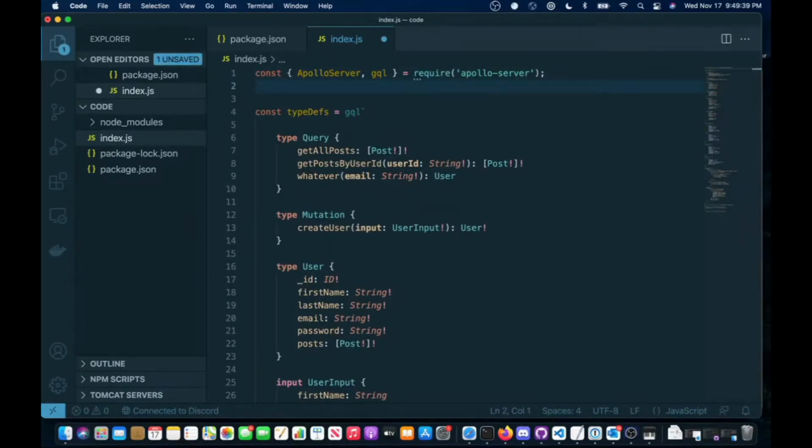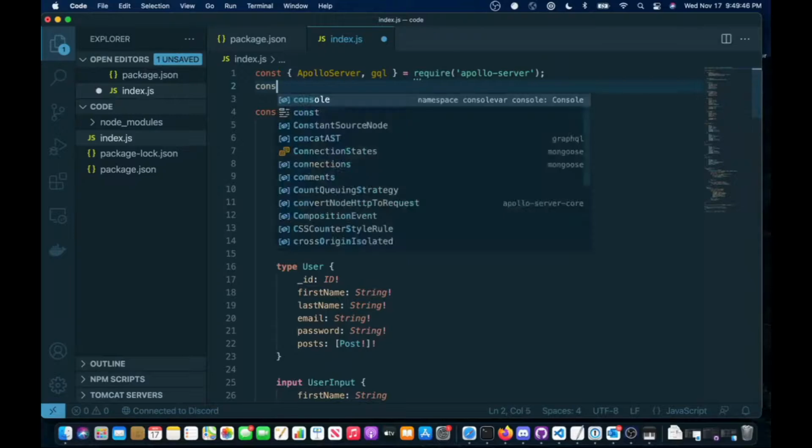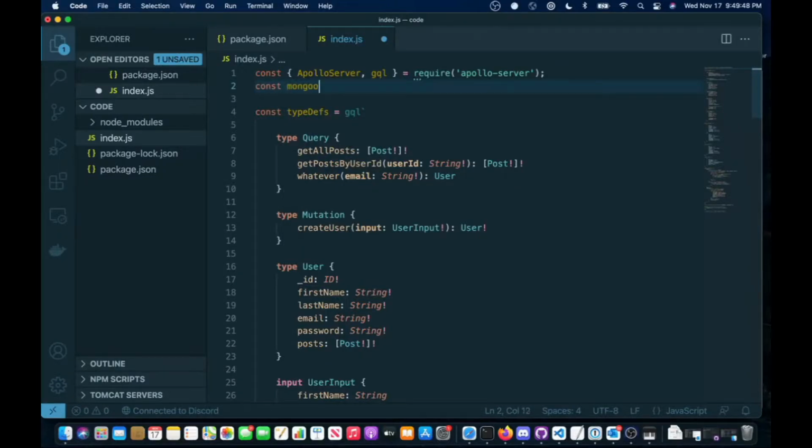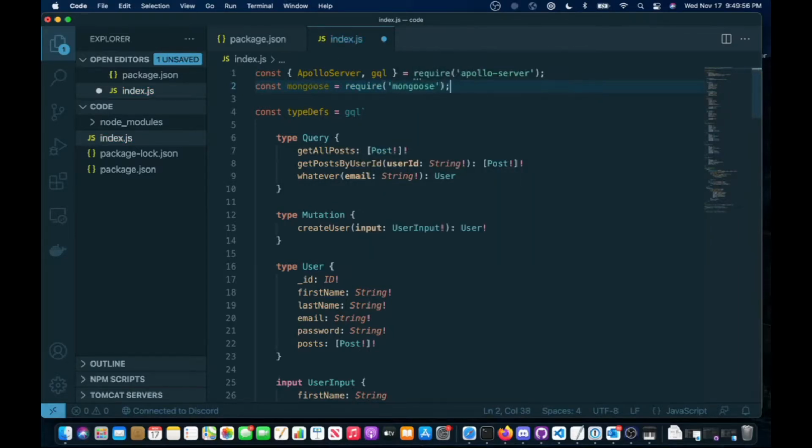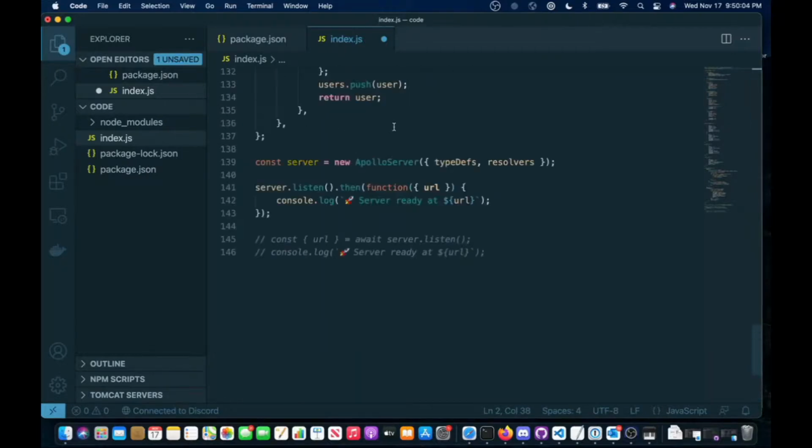So right now we're gonna create our connection to MongoDB, and so what we need is to import another module. So we're gonna import mongoose. So we just type in const mongoose equals require mongoose. So we import that module just like this, and so we're gonna scroll all the way back down to the end of the file,